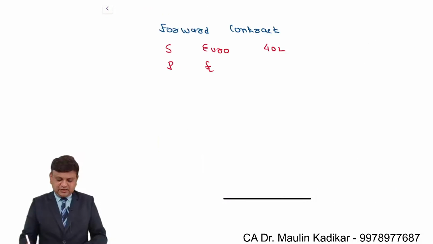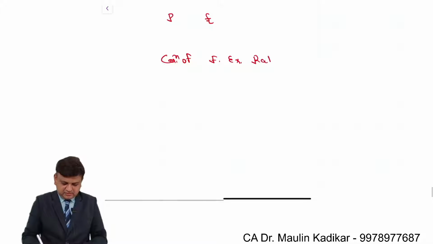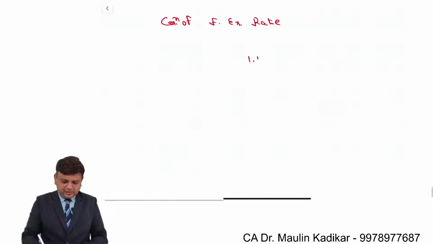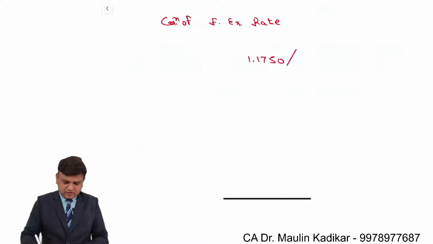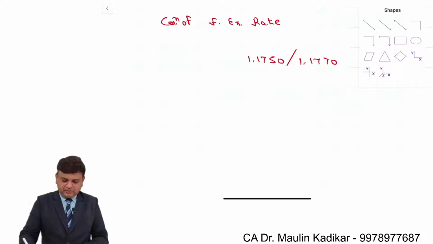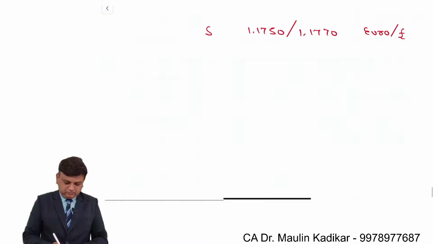So using that, we are required to make the computation of the forward exchange rate. So calculation of forward exchange rate: it is 1.1750 slash 1.1770 euro per pound. This is the spot exchange rate. And 6 months